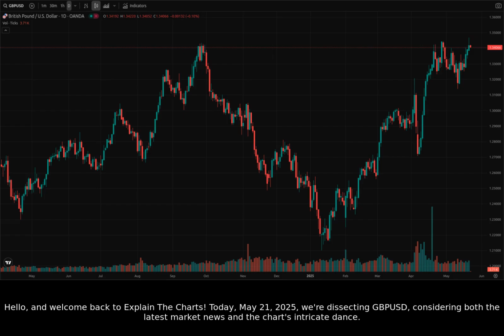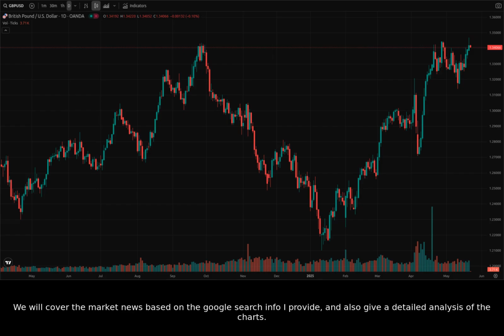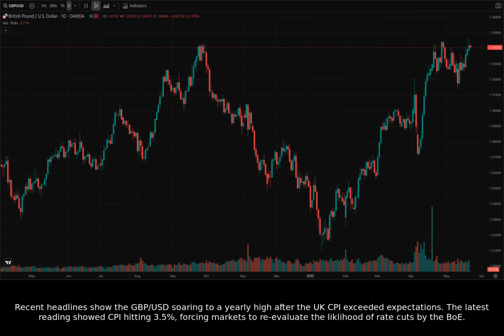Today, May 21st, 2025, we're dissecting BoE, considering both the latest market news and the chart's intricate dance. We will cover the market news based on the Google search info I provide, and also give a detailed analysis of the charts. Recent headlines show the pound sterling to US dollar soaring to a yearly high after the UK's